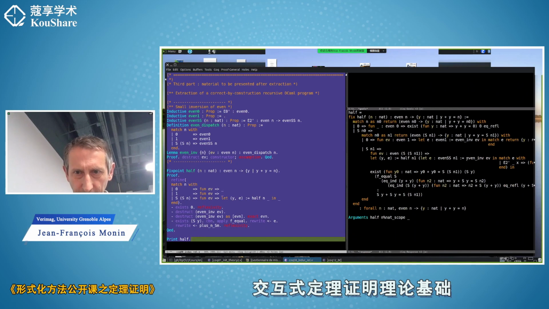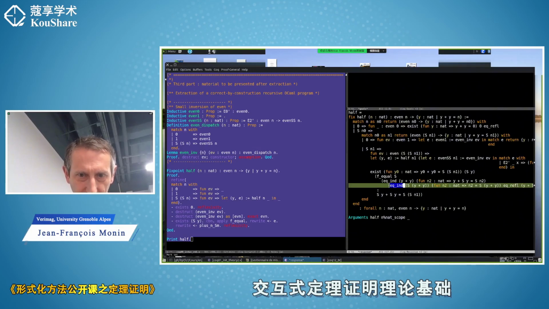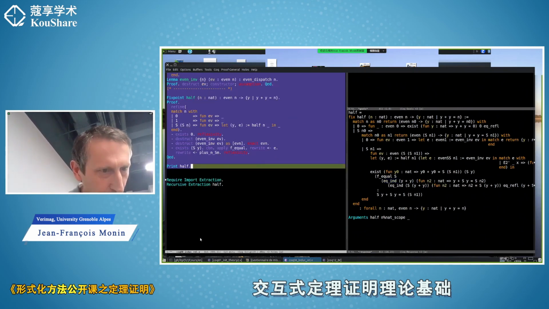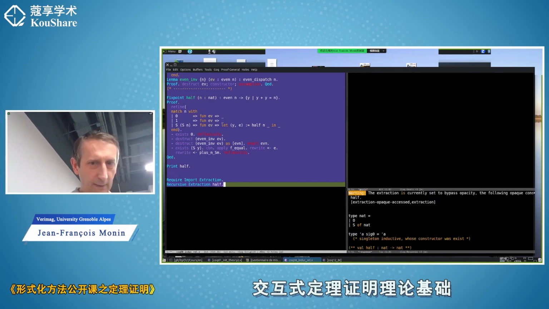Still, okay, this is the inversion of EV. Okay, but here you see typically, yes, EQ int, and if you call, I used it explicitly, but the EQ int typically shows that you used a rewriting step. Okay, just to show you that we had a function which is a little bit complicated to read, so usually we don't do that. But now what it is more interesting to do is to extract it. And here you get something which is very easy to